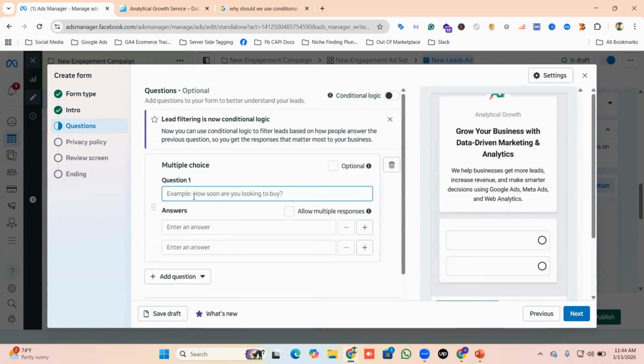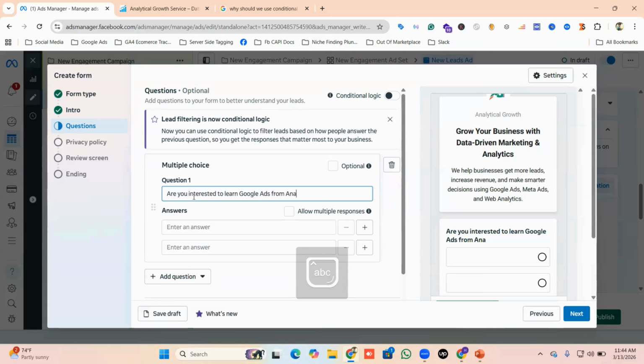I'm going to be selling my course, for example, a Google Ads course, then I'm going to ask my prospect this sort of question. So are you interested to learn actually Google Ads from analytical growth? Okay, so that